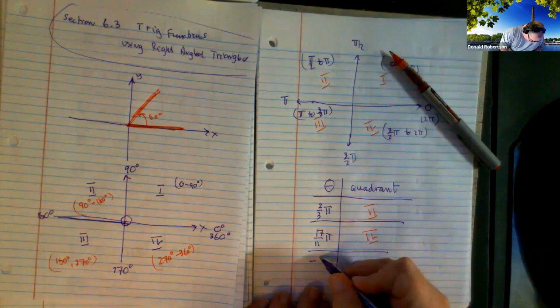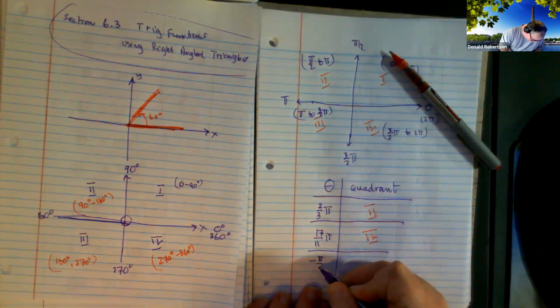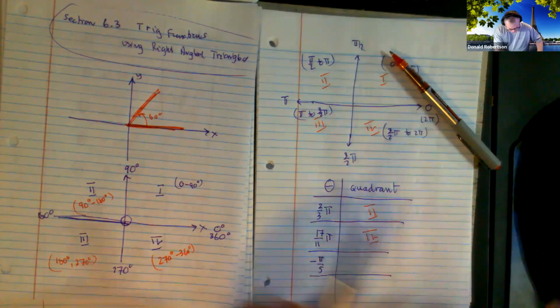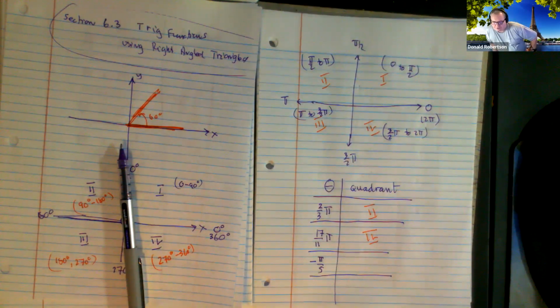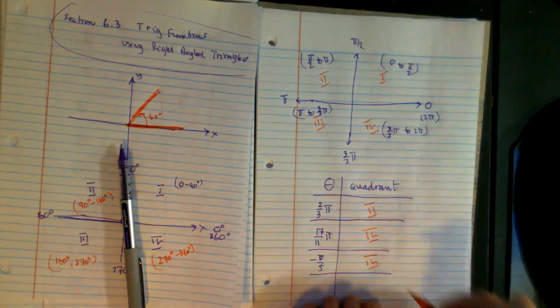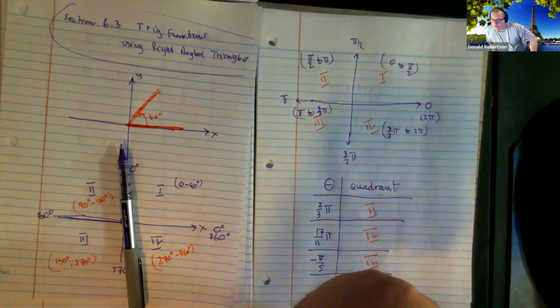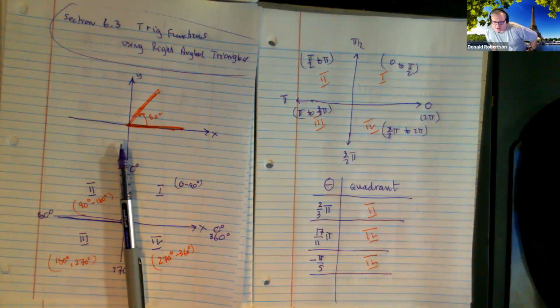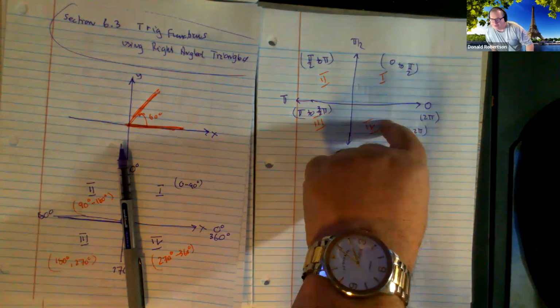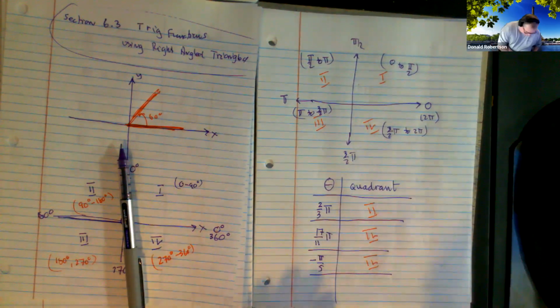What would negative pi over 5 be? What quadrant would negative 1/5 pi be? Well done. I agree, I see 4. You got that one, right? Is that one a little bit easier because it's not too much and you went the wrong way, so it's in the fourth quadrant. If you were going to do it the official way, wouldn't you just add 2 pi? Like you add 360 and then you'd get a really big answer and you'd say, oh, big answers belong here, right? And that's where it would be. How about